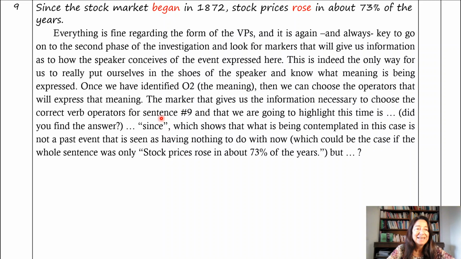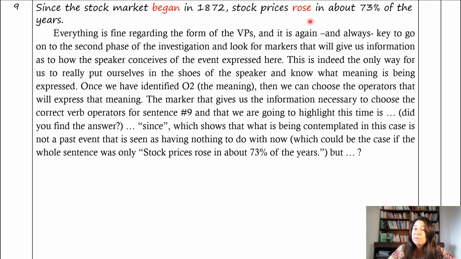And "since" tells us that we're not focusing on a point in the past. This time, the event is seen as being related to the now moment in which the sentence is being pronounced. Therefore, in that case, since there is a relation to now, a connection to now that is implied by the use of "since",